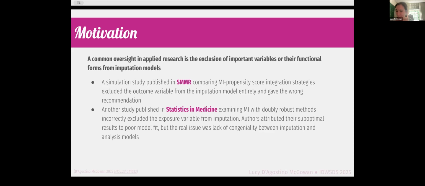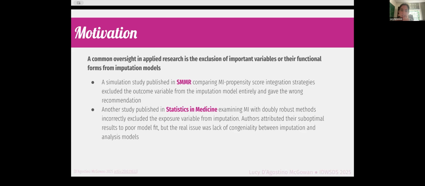And this was interesting because this paper that I have cited here, my arXiv preprint paper, when I was going through the review process, someone pointed out this paper to me and said, oh, it's already been solved. We've already done multiple imputation with doubly robust methods. And I was able to address it. This paper actually had a grave mistake, which I'm trying to help address.